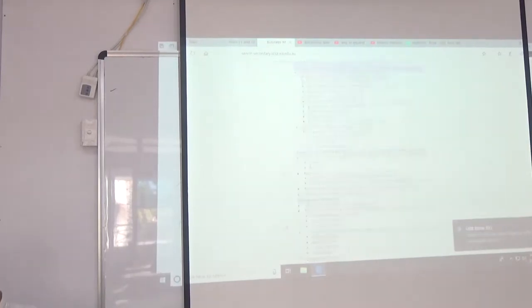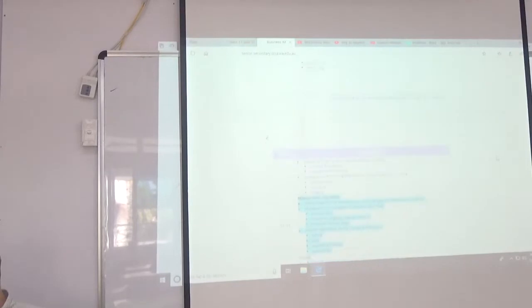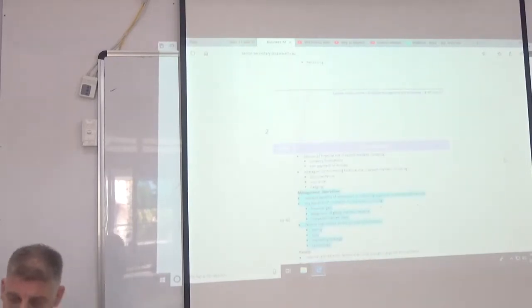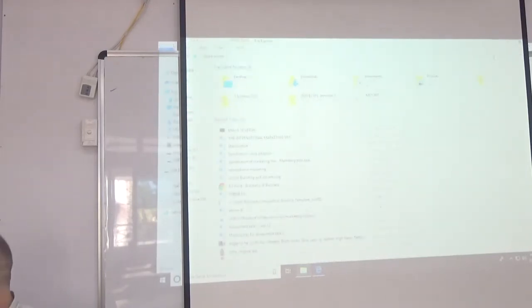So basically, weeks 9 and 10 will be switched around with weeks 11 and 12, which will help us do this task. And then the task should be due about, if we come back on the 5th, it'll be due at that time. To start the task though, you're going to have to come up with a product that you would want to sell in Vietnam. So that's the one trick of this task.